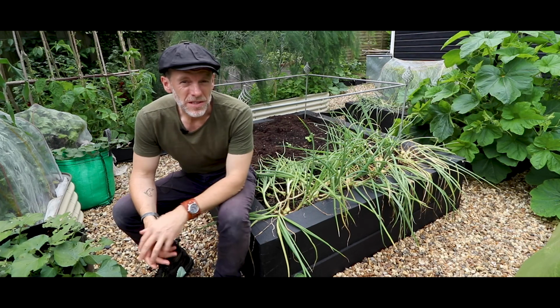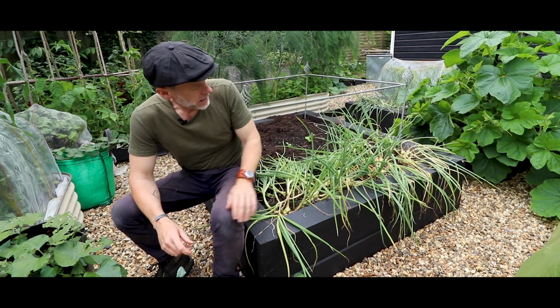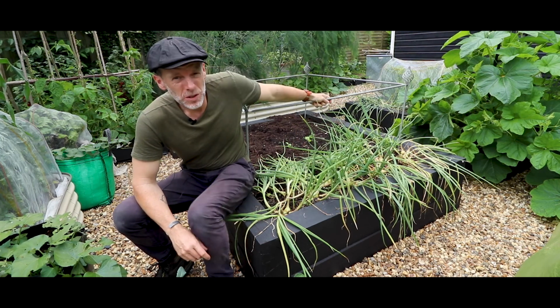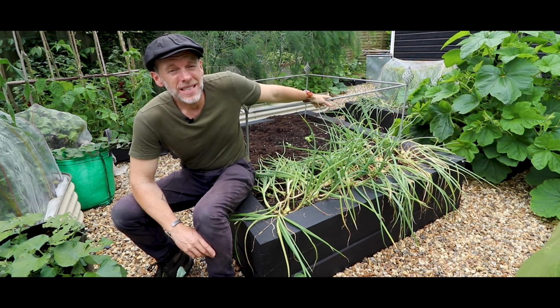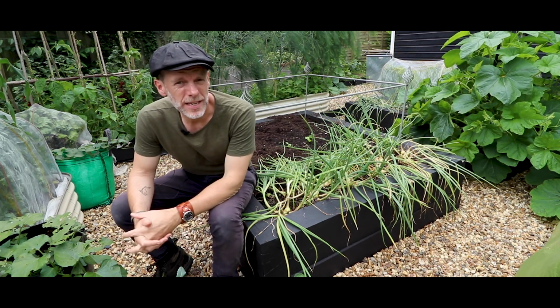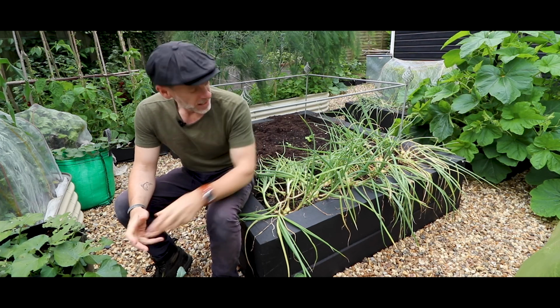For the first time this season, I've got an empty bed. Well, nearly an empty bed. I've got to clear away these shallots. Then I'm going to add some compost, peat-free of course, and that will go on top because it's all about no dig. And then I'm going to start planting some winter veg. I know it's July and we're talking about winter veg, but we always got to look ahead. That's what we do as gardeners. And going into this bed,